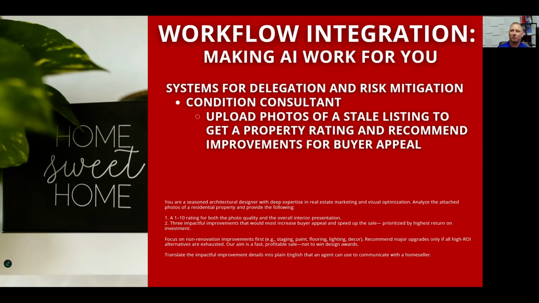I almost want to just hand them this and say, here, upload all your photos and see if this is really something you should be putting up, because some of the photos these people are putting on MLS are really bad. If you feel like your property is just not moving and you want a recommendation, you can put this in here and upload some of the photos. I will suggest that please don't put one photo in here. It will give you recommendations on one photo, but the more photos you add, the better it's going to be at giving you recommendations.